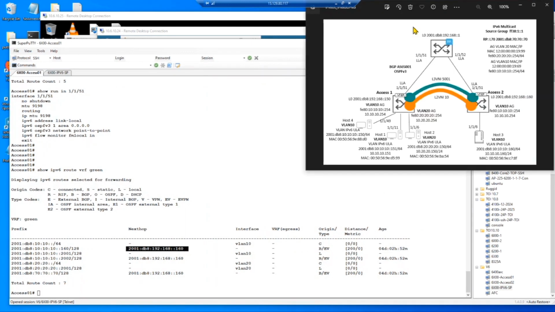So what I'm seeing from this switch is this specific host, ::160 here, and I'm learning it from 192.168::160 here from that loopback. So that's the difference in the IPv6 underlay. Obviously the next hops are going to be V6 addresses, and then I can go a bit granular if I just want to